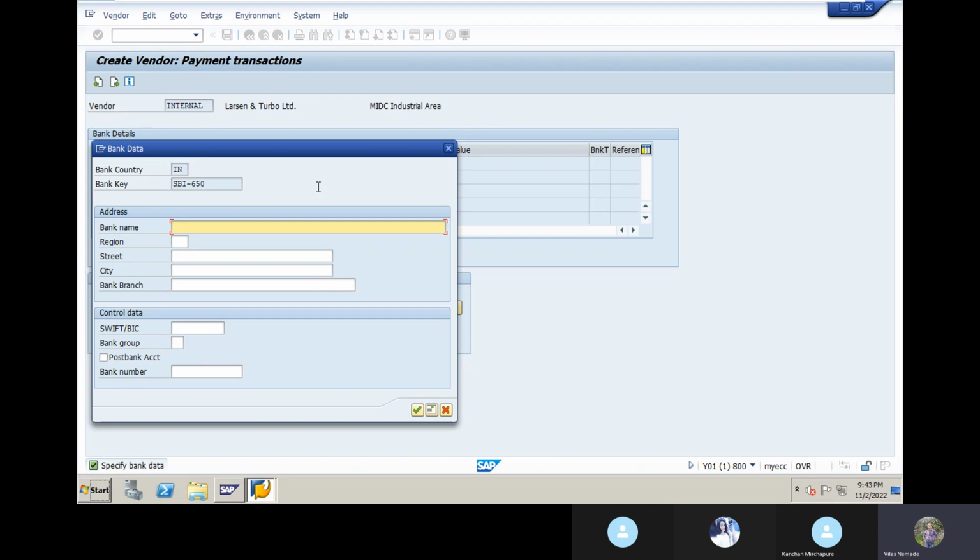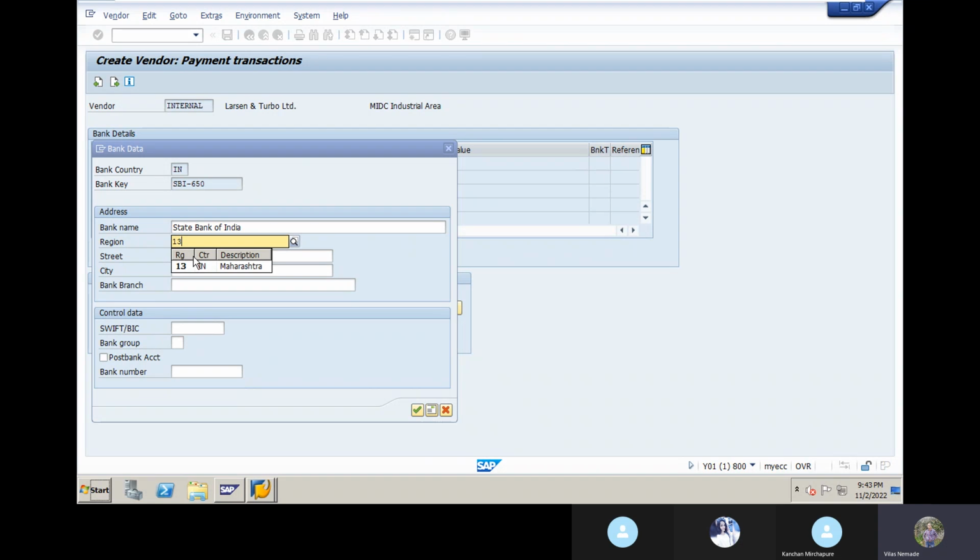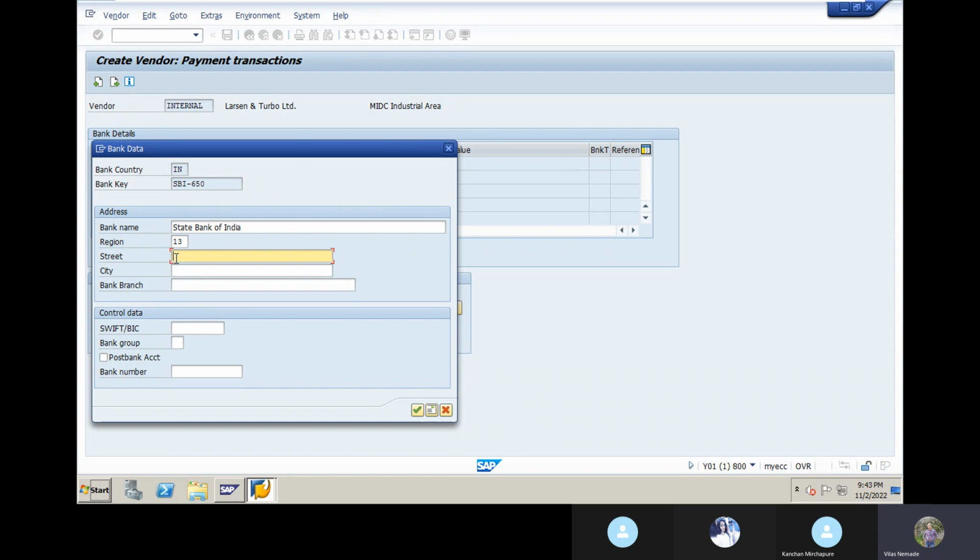Now you have to enter all the detailed information of the vendor bank details. So we can say State Bank of India, region will be 13, street Pune Nagar Road. Correct. City Ahmednagar. Bank branch